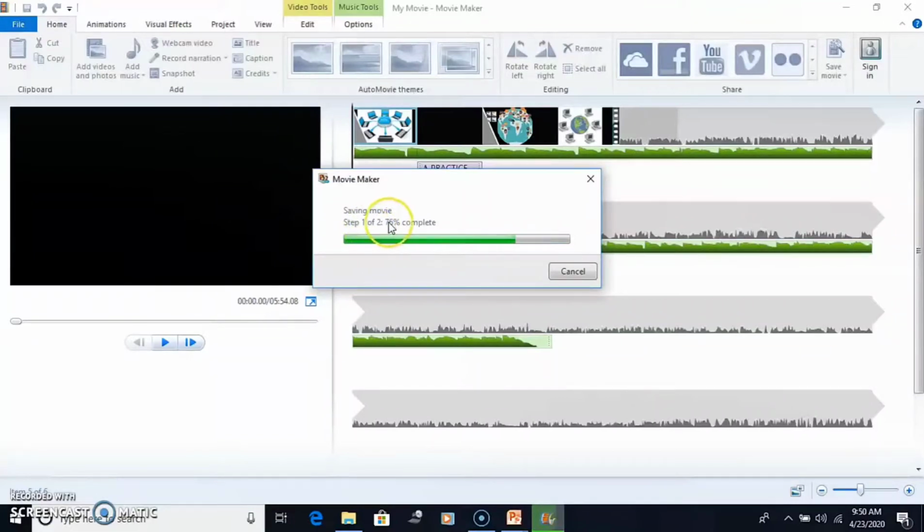The Movie Maker processing bar will appear on the screen, which will display the progress of the export process. After the process is completed, Windows Movie Maker will display a dialog box. It will take some time to complete.